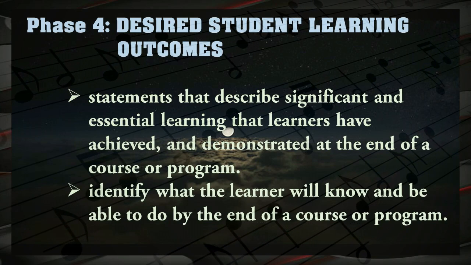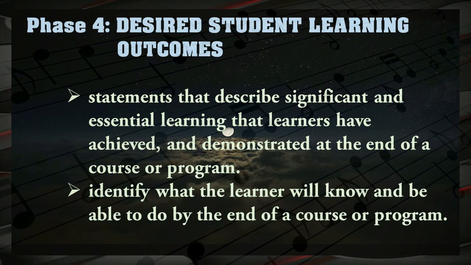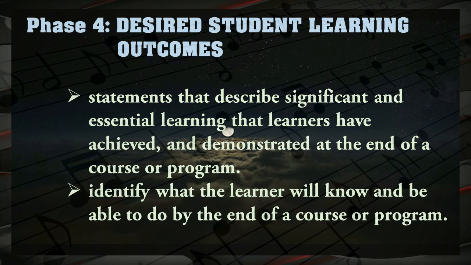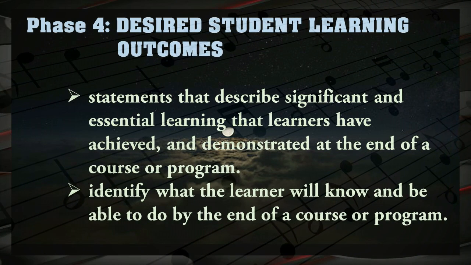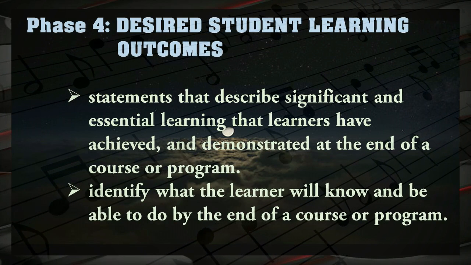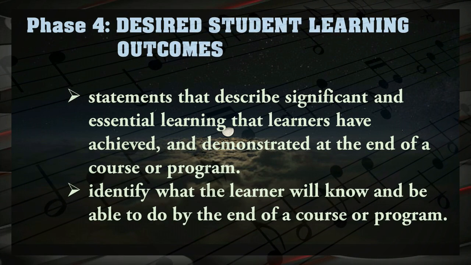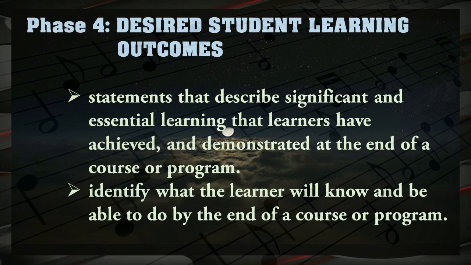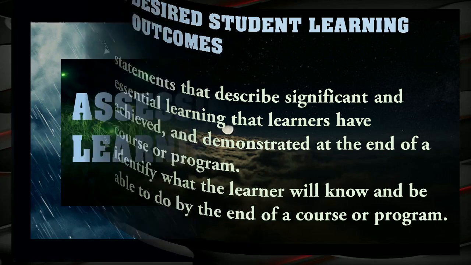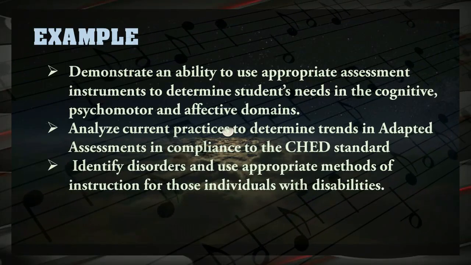Phase number 4, desired student learning outcomes. These are statements that describe significant and essential learning that learners have achieved and demonstrated at the end of a course or program. This will identify what the learners will know and be able to do by the end of a course or program. Example: